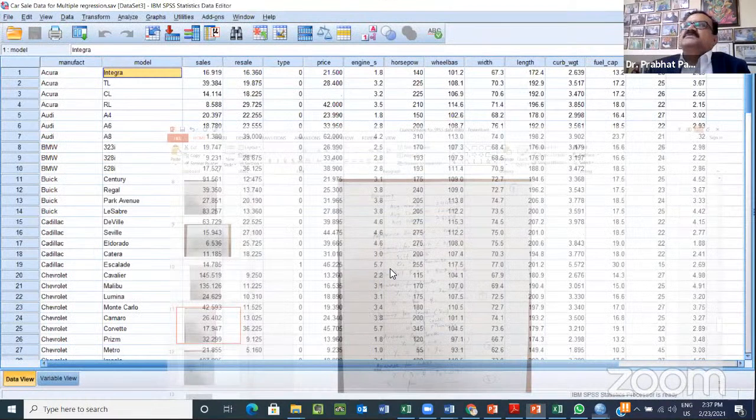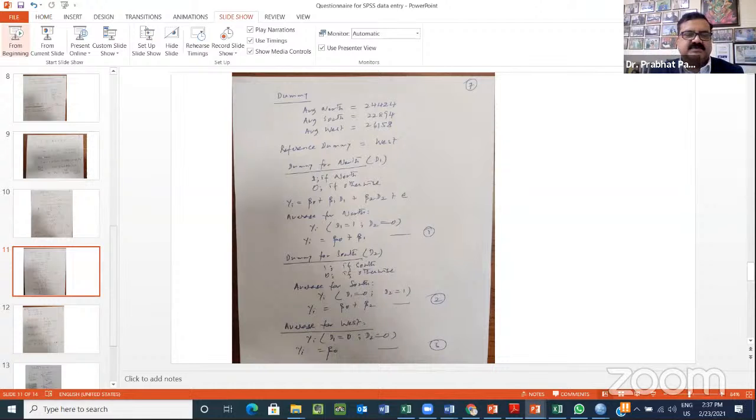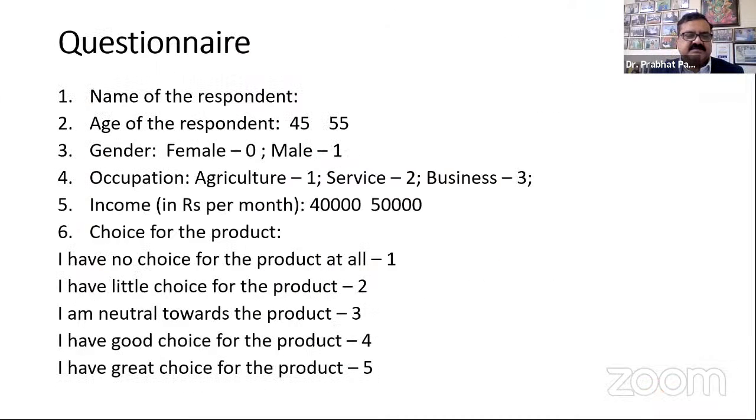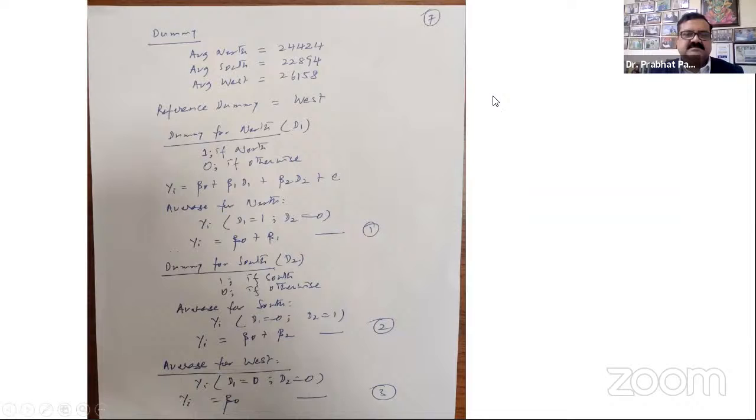All right. So time is limited, so we'll straight away go to dummy regression. Otherwise, I would have done a little more on this data. There is a lot we can do on this data. There are several dimensions that we can explore. Anyway, I'm going to dummy regression straight away. So let me show you the full slide so that you can understand it well. Can you see this one? Yes, sir. Okay.